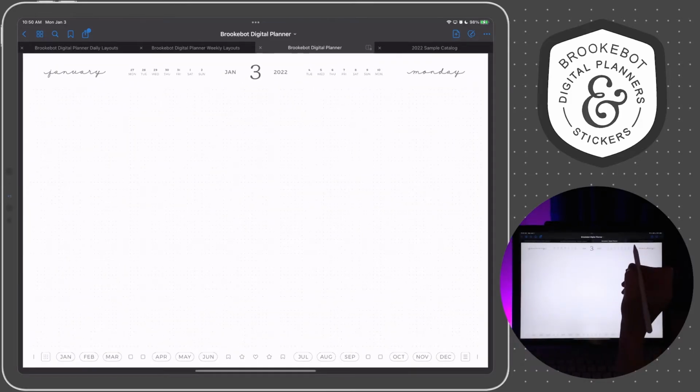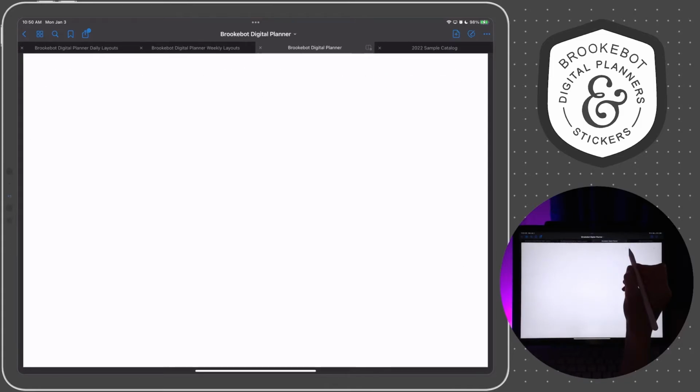Something really cool you can do with the daily pages is you can tap the Monday in the following week and go to the next Monday. So you can go to every Monday in the planner by just continuously tapping in that same spot.